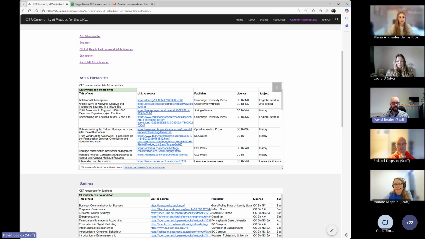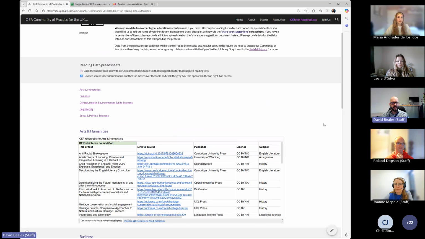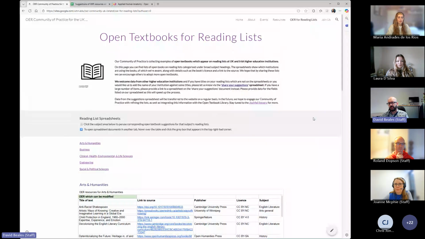You can see they're in a really rough and ready form, but they're just out there and free for people to use and go through. But what we wanted to do next was, I think this is where Roland in my team, who's our systems librarian, he identified that actually we can pull out the OERs that we already have in Brunel's reading lists. And I was surprised by the number that we already have. So I think when we whittled it down, it was about 30 textbooks that are currently being used in modules